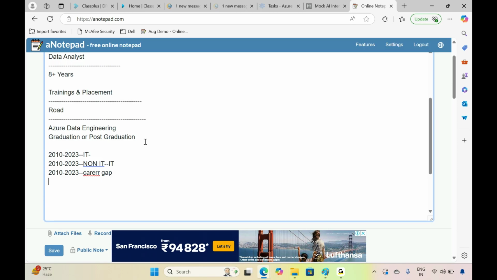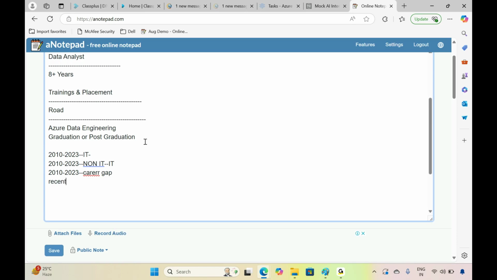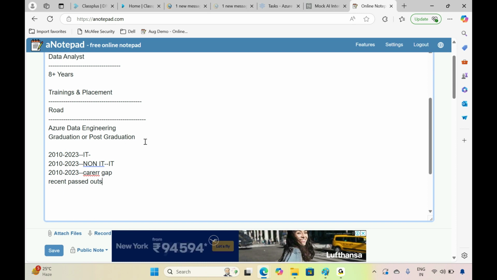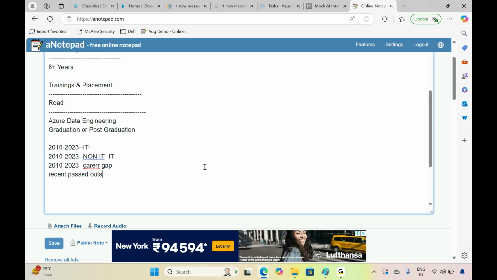The fourth category is recent passed outs. These are the freshers. We can treat them as freshers over here. All right. So definitely every student who joined this demo session belongs to one of these categories.